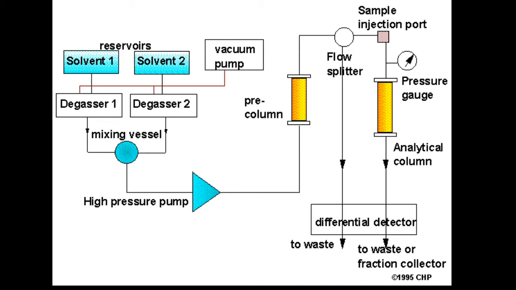Now the word performance, or it is also called high pressure liquid chromatography. The pressure stands for we are applying pressure on the liquid mobile phase. Here both the stationary phase as well as the mobile phase are liquid, and we are applying high pressure to the liquid mobile phase. So it is also called high pressure liquid chromatography.